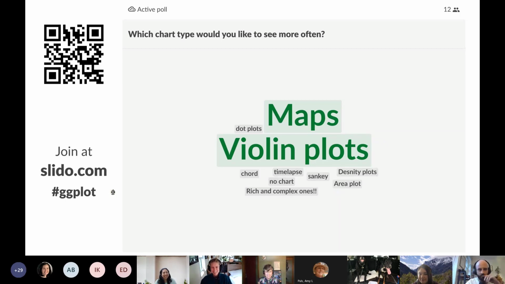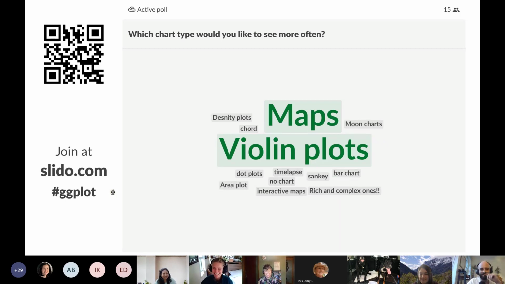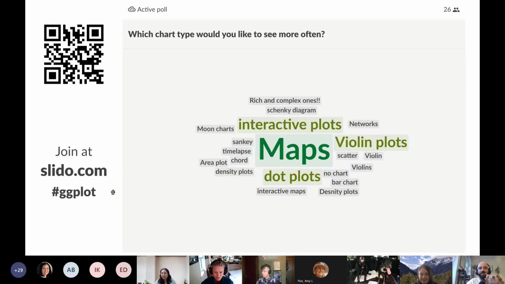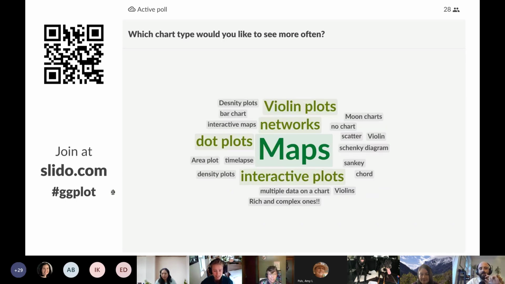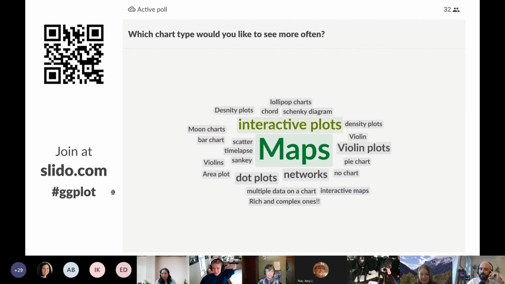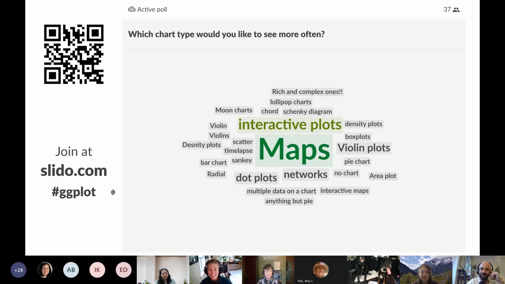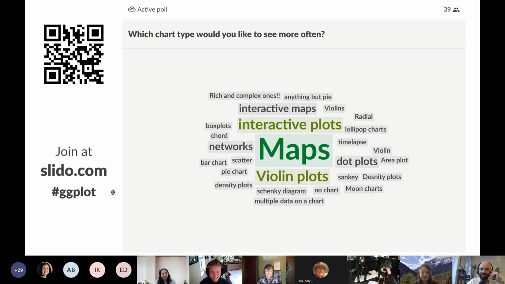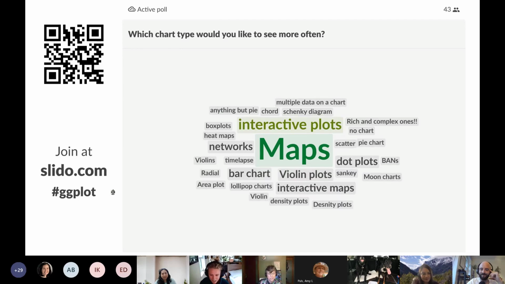Oh, you got the right audience with violin plots. Maps. Interactive, dot plots. I think this is a very USGS heavy crowd, so I'm seeing maps right in the middle. That works.